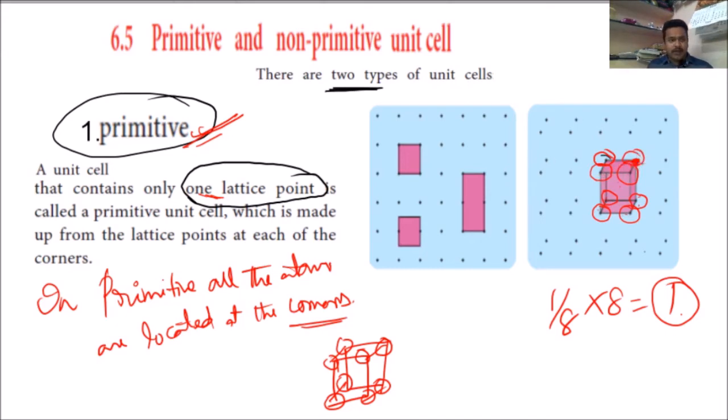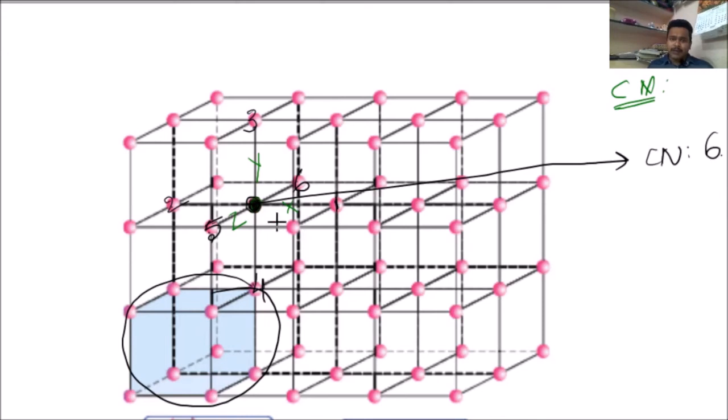Here what I am going to say is, just observe. I will take a very big cube here. See, for example, this cube you take. Everybody observe carefully, I am explaining how that one will come. This atom is connected with how many cubes? See, this atom is present in this cube, this cube, this cube, and this cube.